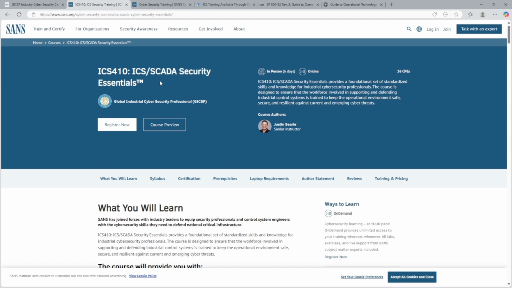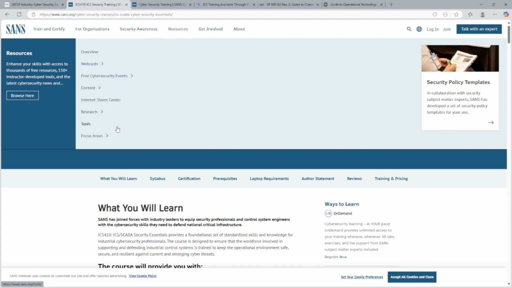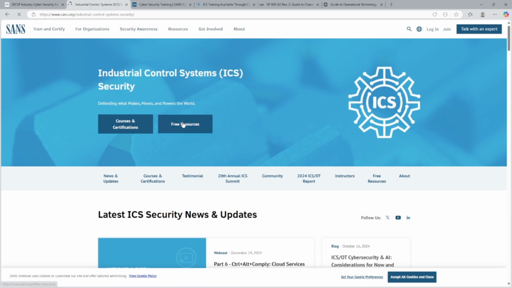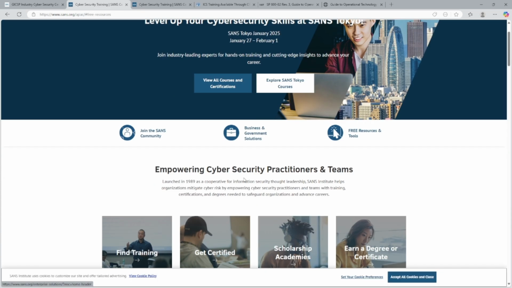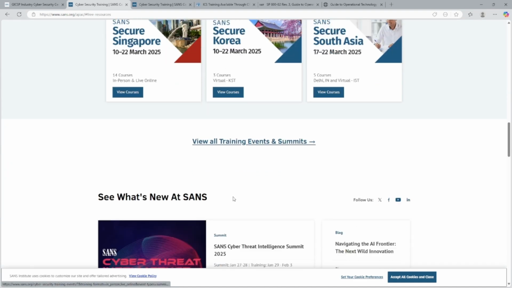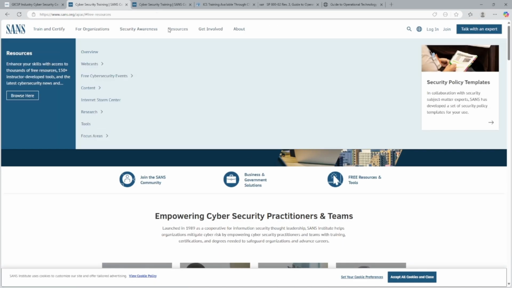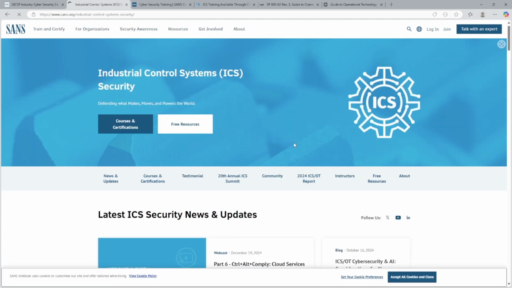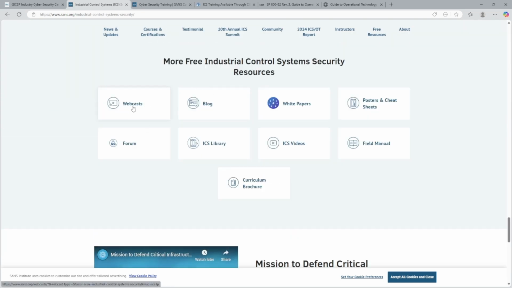And one more important thing, what I told you about is the blogs, and where to navigate for those. If you click on resources, go to focus area, click on industrial control systems. So now you know the syllabus ICS 410. Just click on the free resources. First, go to focus area, industrial control systems, and then free resources. Yeah. So this is what I told you, and believe me, this is really a gold mine,